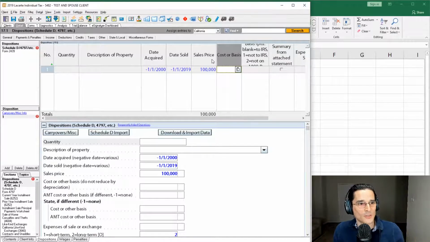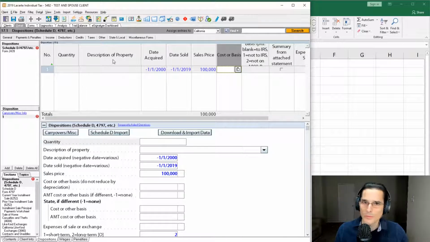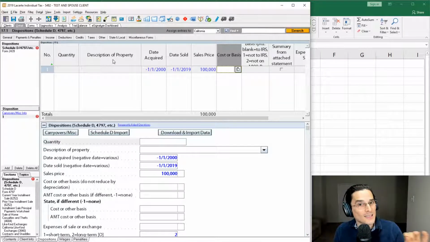Basically, if you put 100,000 sales price, zero cost basis, you get long-term capital gain of 100,000 because we have these dates here. And for vacant land, long-term capital gains rates would generally be applicable because it's not depreciable. Now, if there was a building involved in this, then you'd have to deal with a whole other set of implications known as Section 1250 on recaptured gain. You might have some recapture if the building's old enough, and there's a whole extra level of complexity that's involved if you're dealing with depreciable assets that you're selling.